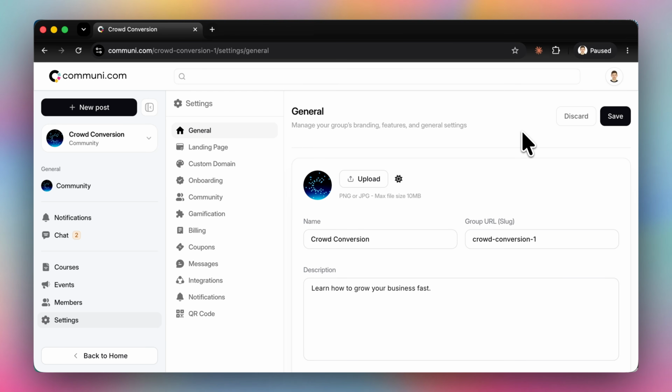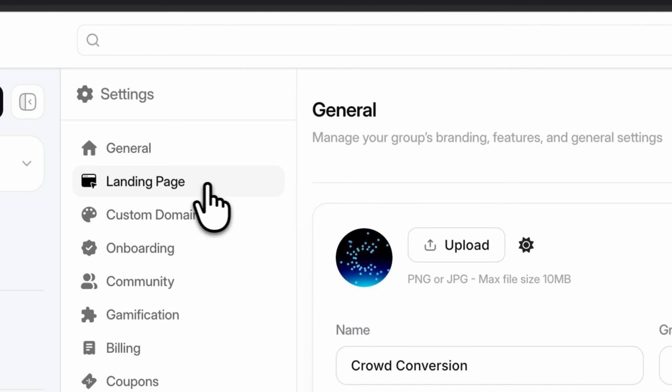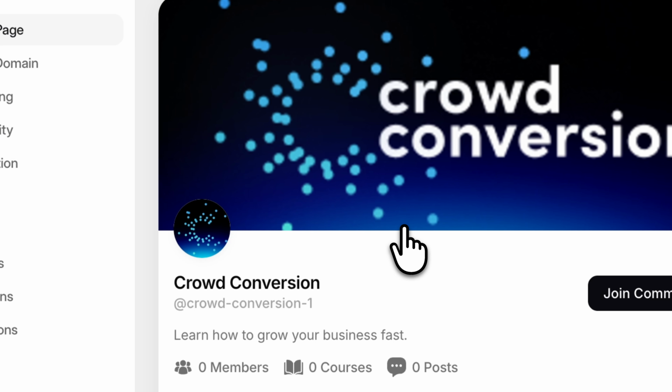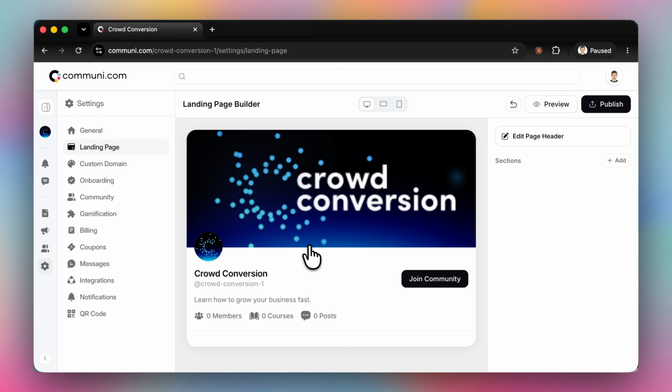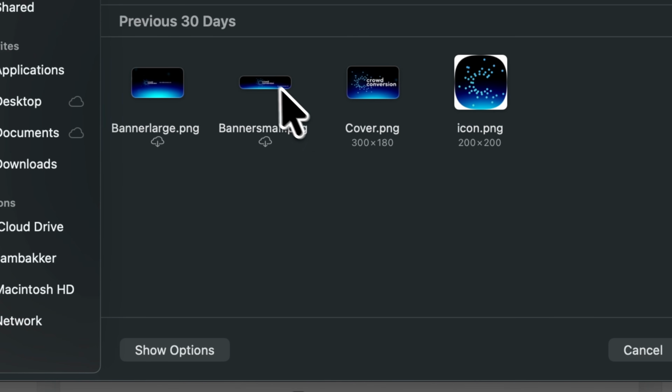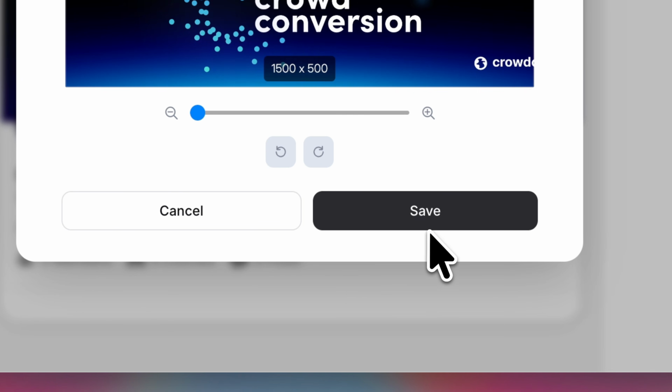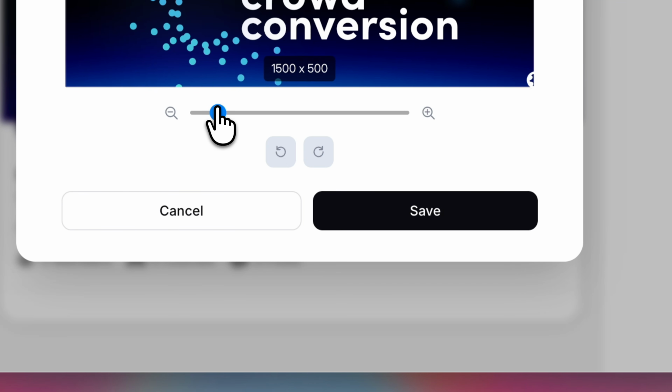Okay, so now we're going to move on to the next setting that I think is really important that we will cover today, which is the landing page setting. Now, this landing page setting here is really valuable because it means that you're able to customize your landing page the way that you want it. And that's a really good idea because it means that you can make the landing page really welcoming to your